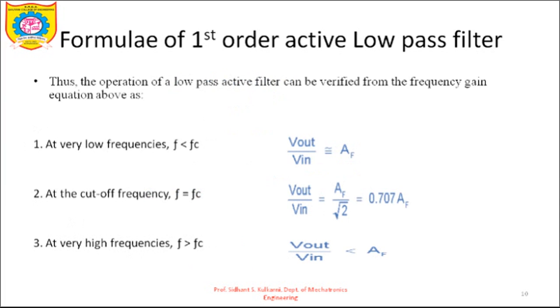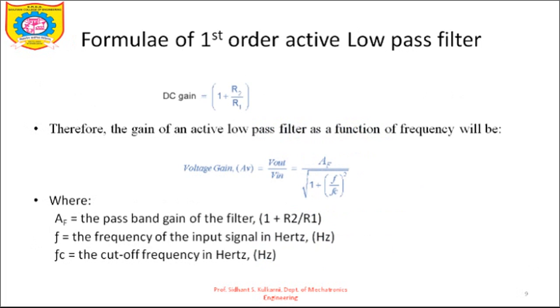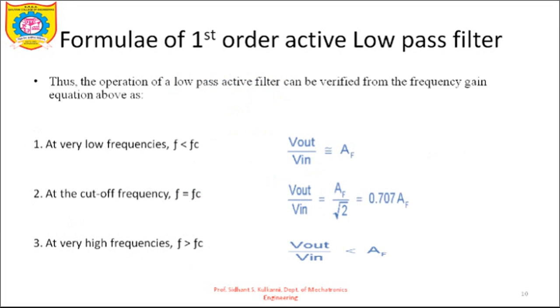So thus the operation of the low pass active filter can be verified from the frequency gain evaluation. For very low frequencies, F is much less than FC, and V out upon V in is just the gain AF. At the cutoff frequency, F equal to FC, V out upon V in is equal to AF upon root 2. If we put F equal to FC, it becomes the square root of 1 plus 1, which is the square root of 2, and the gain becomes AF upon root 2. At very high frequency, F is much greater than FC, and V out upon V in is